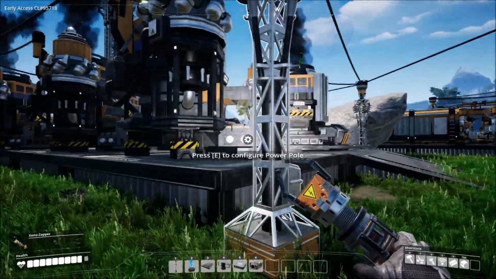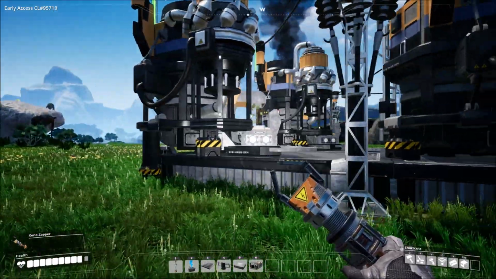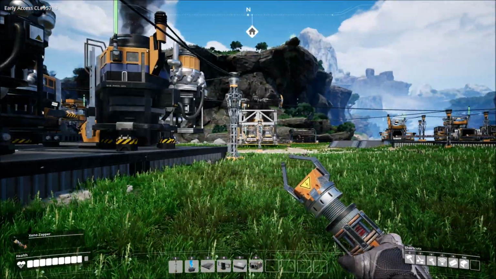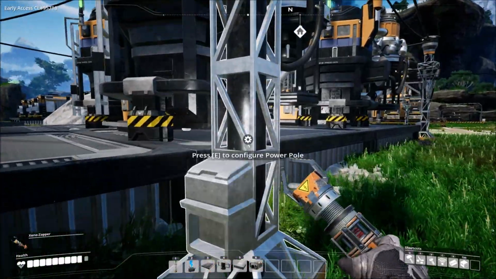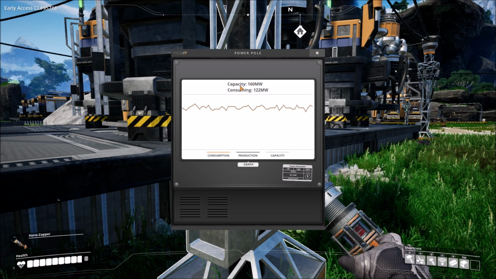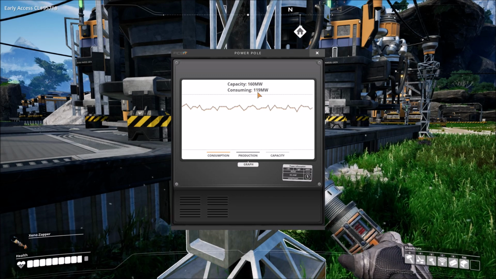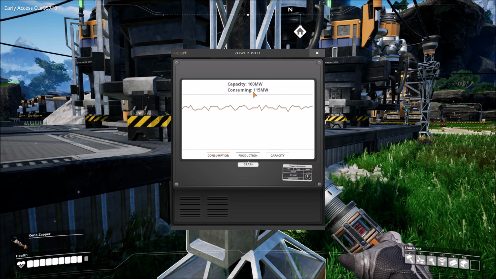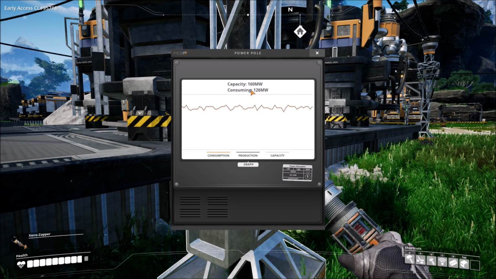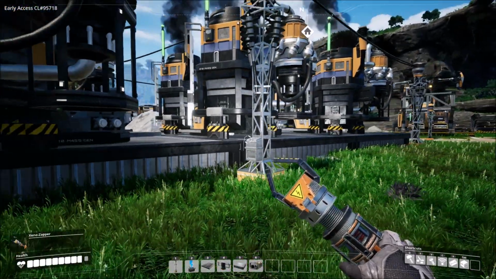So you can see we've got 1, 2, 3, 4, 5, 6 biomass burners over there, plus the other 2. That will give us 8 biomass burners. And if we come over and click on our power pole, you can see we have a capacity of 160. We're using anywhere from 115 to about 130 or so. Sometimes it spikes up a little bit higher than that, but we have plenty of power production for our current